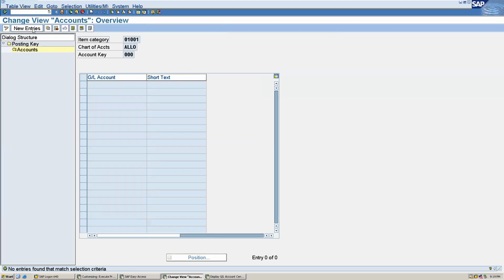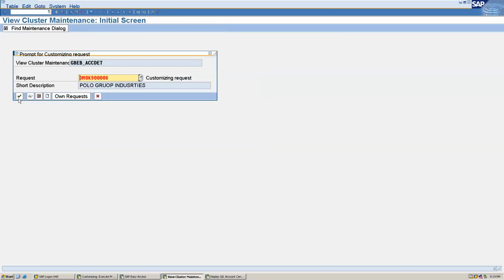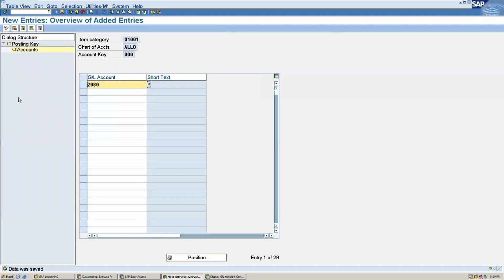Here we have to give our new entries. That is the GL account we have created now, 2080. Okay, and save this. Okay, now we can go back.